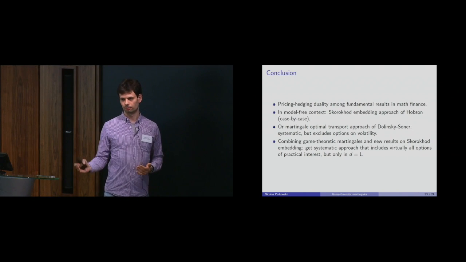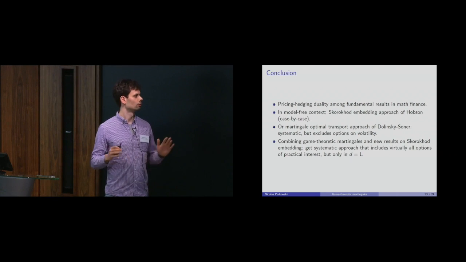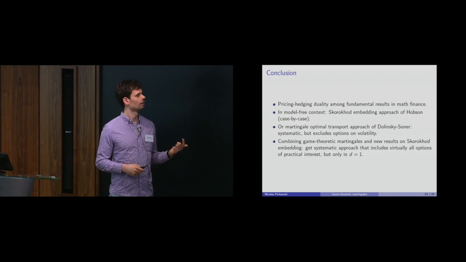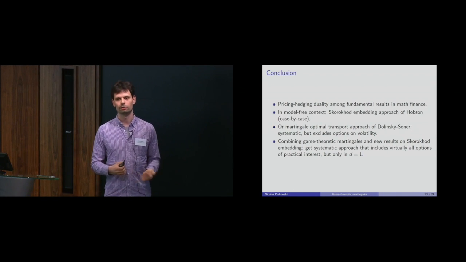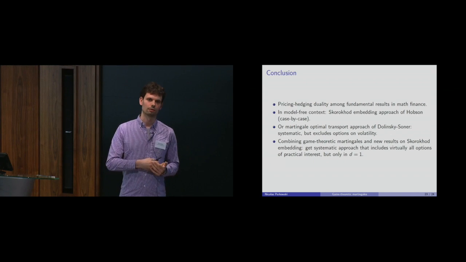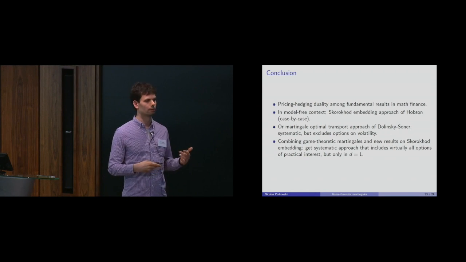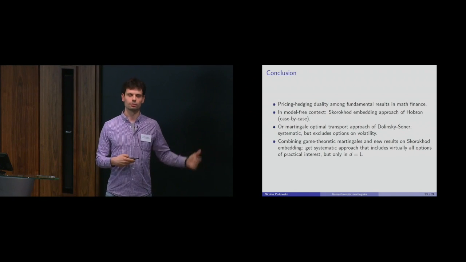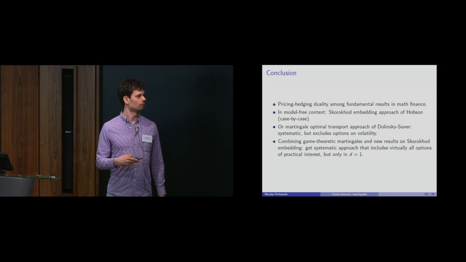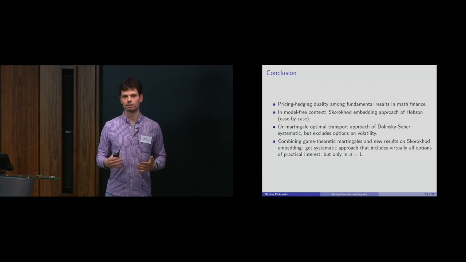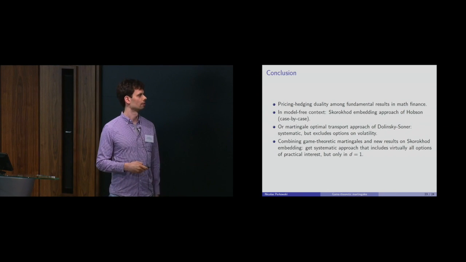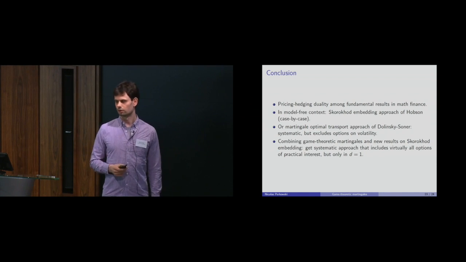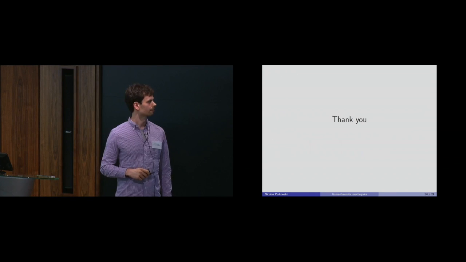Then there's the general approach of Dolinsky and Soner, with which you can do a really big class, but then you need such strong continuity assumptions that many of the ones that could be treated in the Skorokhod embedding approach did not fall in there. And so what we did, on a conceptual level, is combine these two approaches: the optimization point of view, the martingale optimal transport point of view, and the Skorokhod embedding point of view. Bringing these two together, we could get a result that in one dimension covers everything that these two cover, essentially, except the example of the continuously monitored Asian option. Thank you.